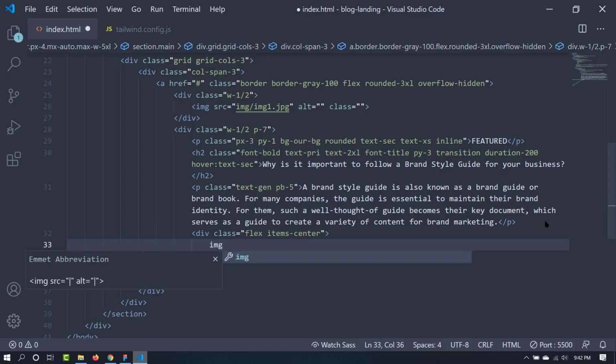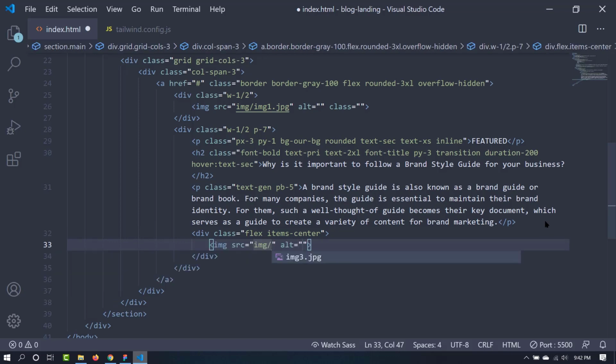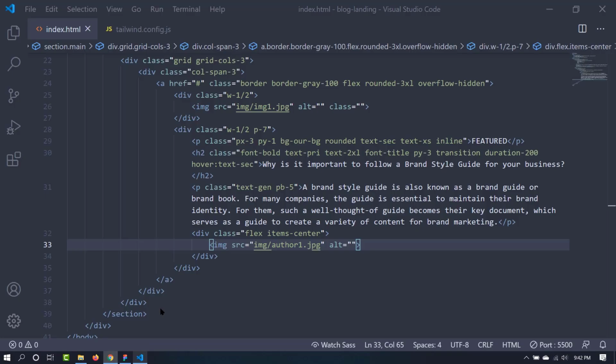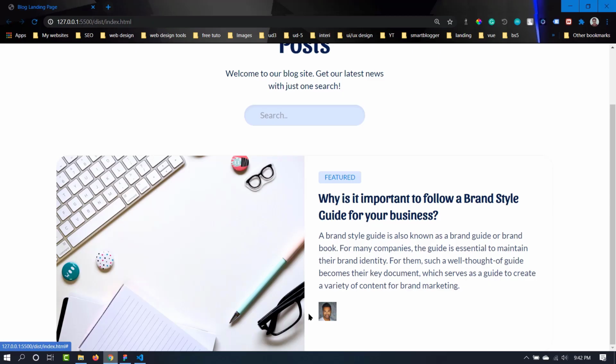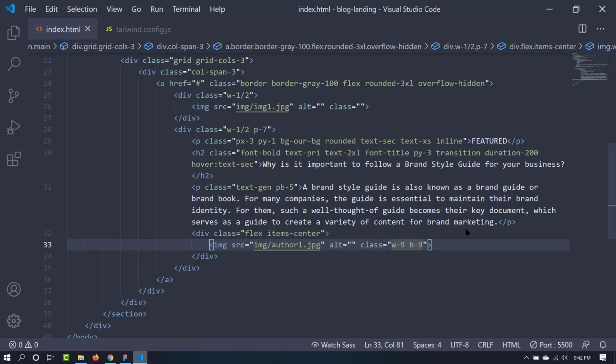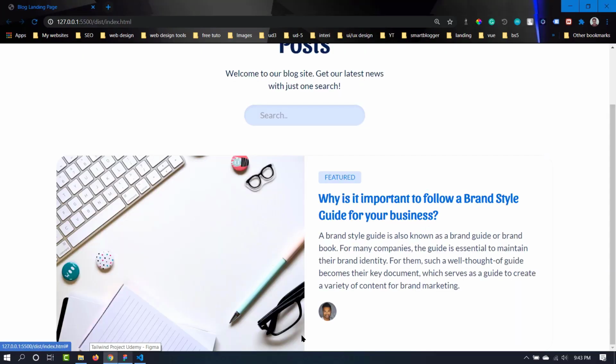Now let's get the image first. Image author, yes, author icon, but we also need to make it rounded, and we also need to give it some height and width, otherwise it will be very large like that. We don't want that, so let's create some classes and put them inside it. Now it is sized, but sorry, it is a square shape. Now we need to make it rounded, so it will be rounded hyphen full. It will give a border radius of 99%, sorry, 50% maybe. Now it is rounded.